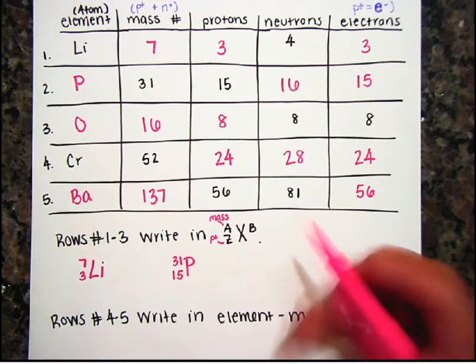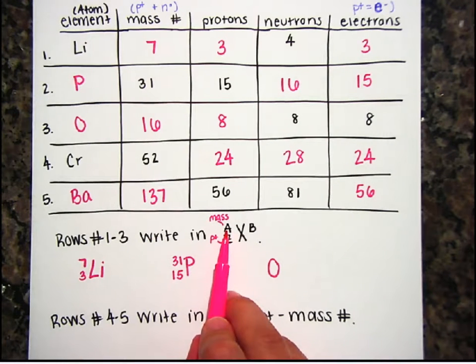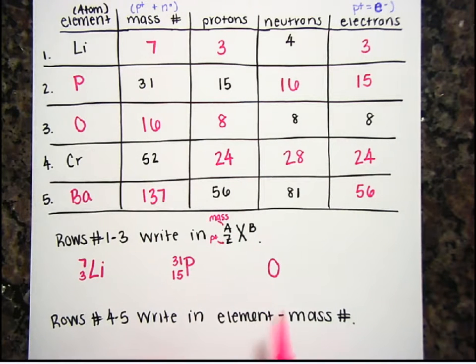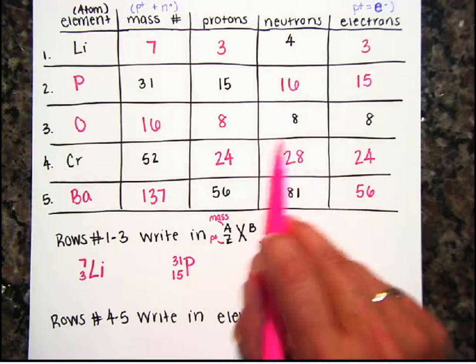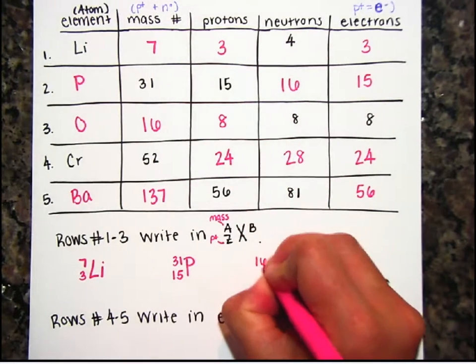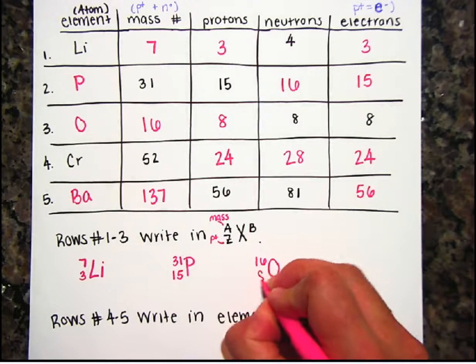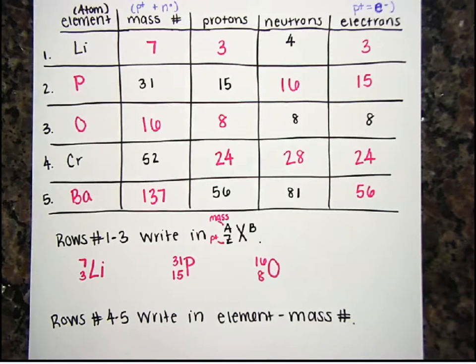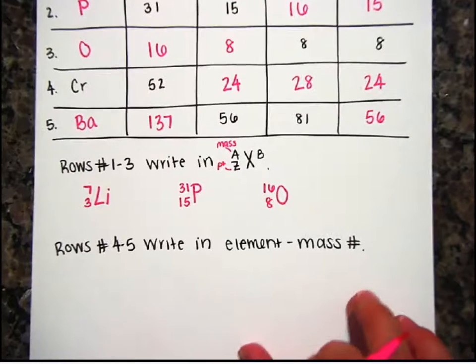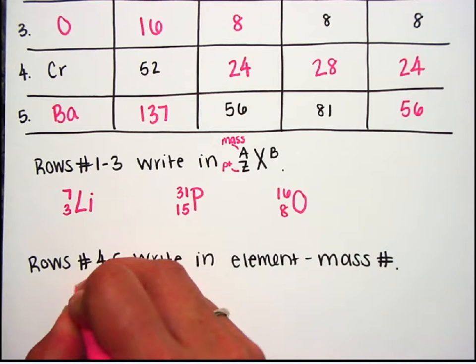Number 3, my element symbol is oxygen. The top number is the mass number. My mass number is 16. The bottom number is the number of protons, or the atomic number, which is 8. For 4 and 5, we're going to use our other notation system, where we write out the element name, or you could use the symbol,